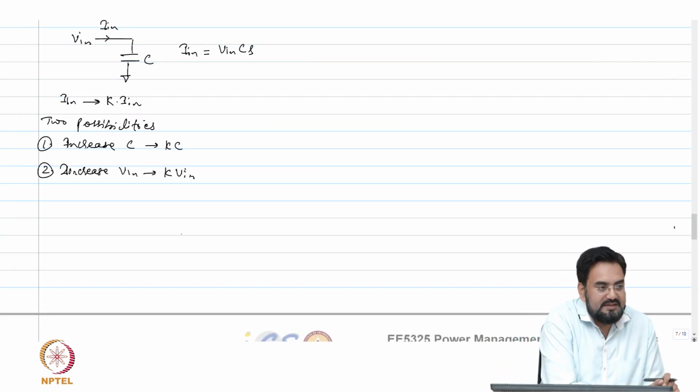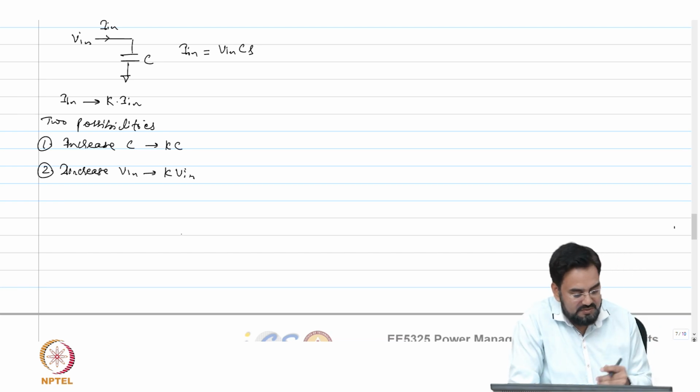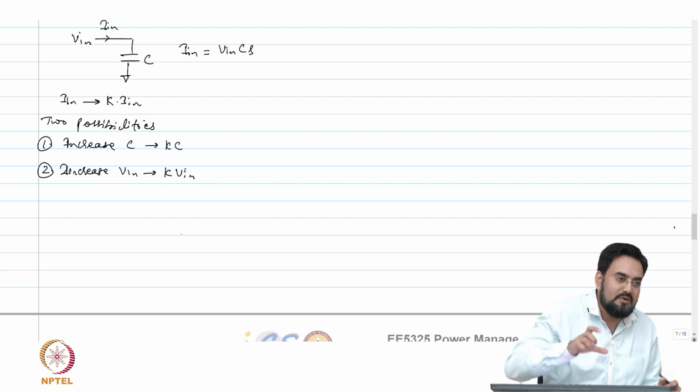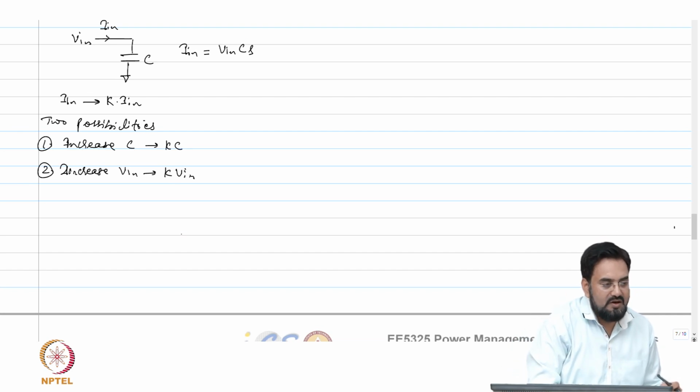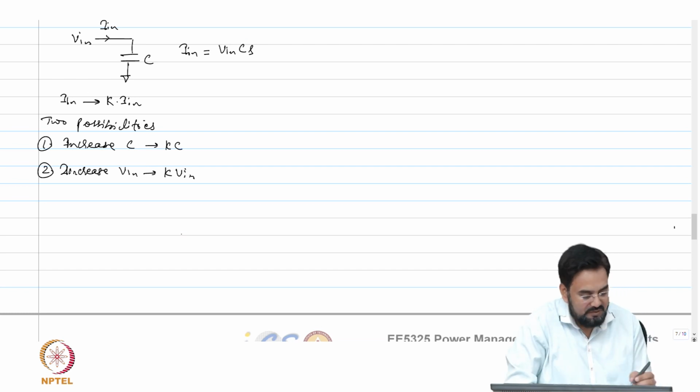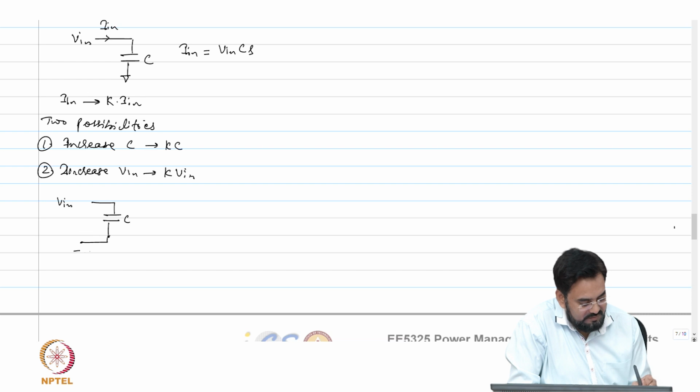So the alternate way is, if I change the ground, let's say, instead of having the ground at a fixed 0 volt. In order to change the V in, ultimately I want to change the voltage across the capacitor. Okay, so either I fix the ground and change the V in input voltage, or change the ground voltage. So if I do this, this is your C and this is your V in, and if I make it minus K minus 1 V.